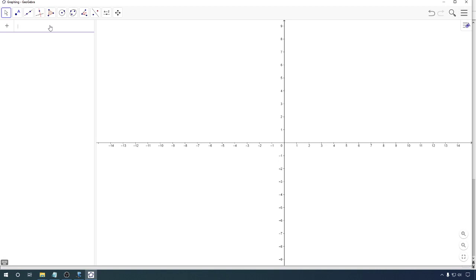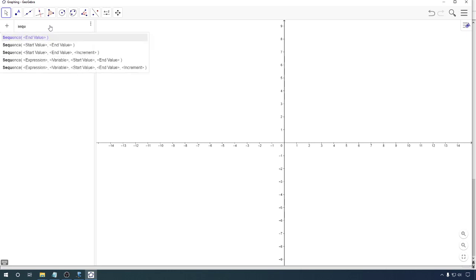You could go ahead and just type in a bunch of these curves and see what GeoGebra spits out. But GeoGebra does have a fairly nice command here, sequence. Sequence allows you to do various things. It actually allows you to plot sequences like you had in Calc 2, but we're not going to be doing that here. I'm going to be specifically looking at these last two versions of sequence,